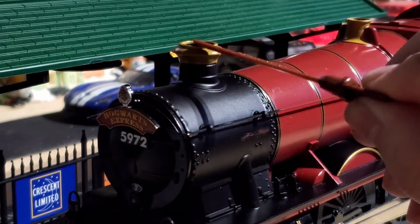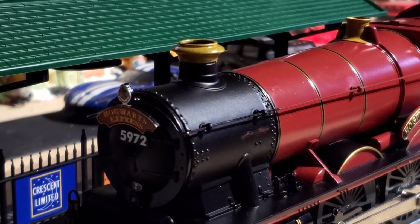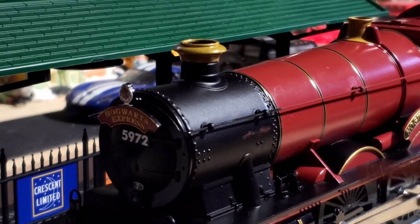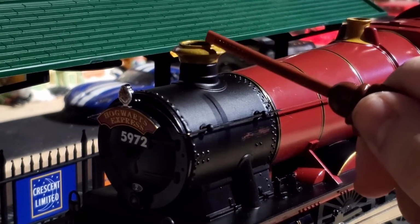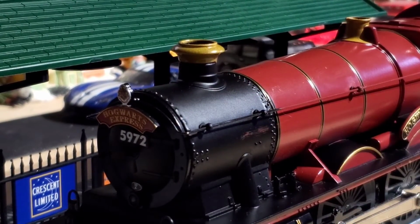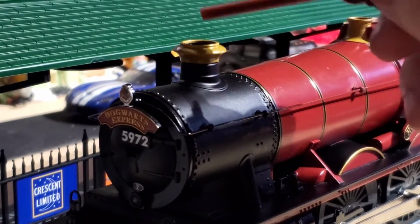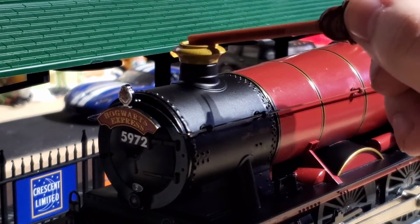But of course, with the LionChief engines, they have to cut away some stuff to make it more affordable for low-budget consumers. So one thing that they did cut away was the fan-driven smoke unit, and they went back old school to their old roots, and of course used something that is a lot cheaper and a lot more affordable to use, and that is a classic smoke unit that Lionel has used for many years, which is basically a unit